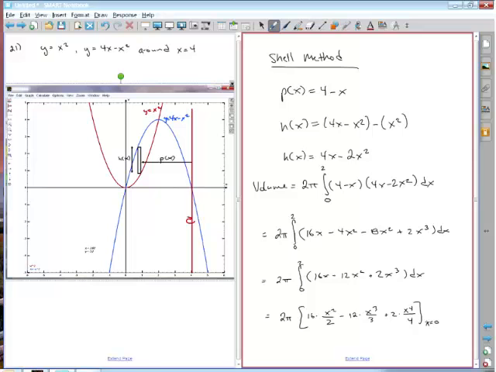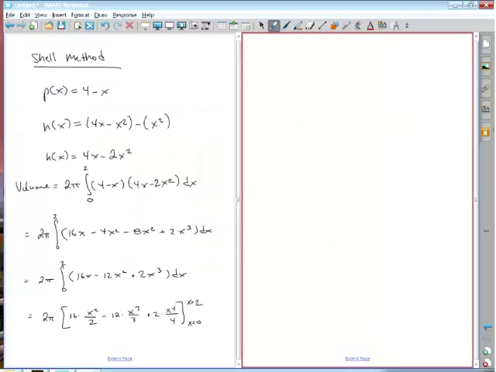And we evaluate that between x equals 0 and x equals 2. So all we have to do is evaluate the upper limit, because the lower limit, being a polynomial, as usual, goes to 0. So we'll end up with 2 pi